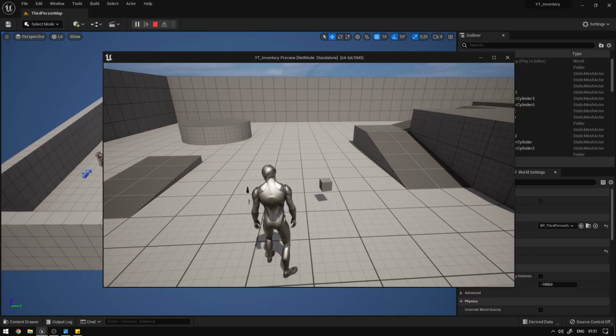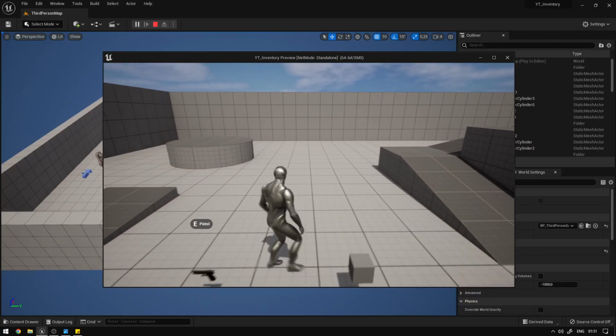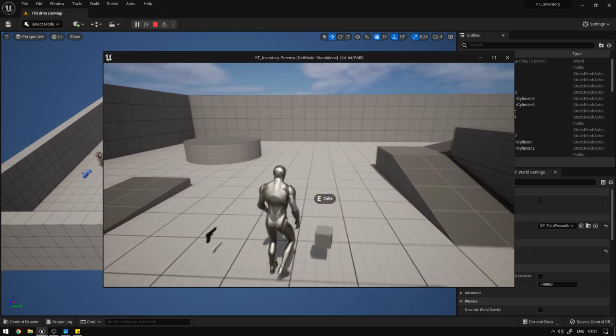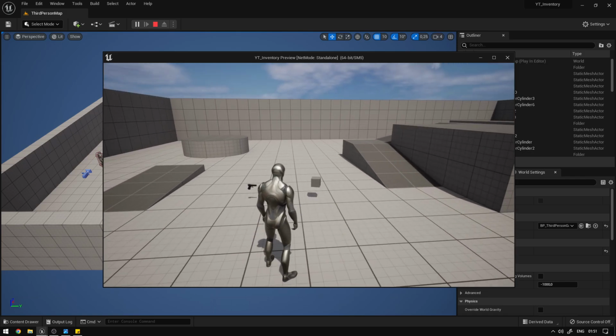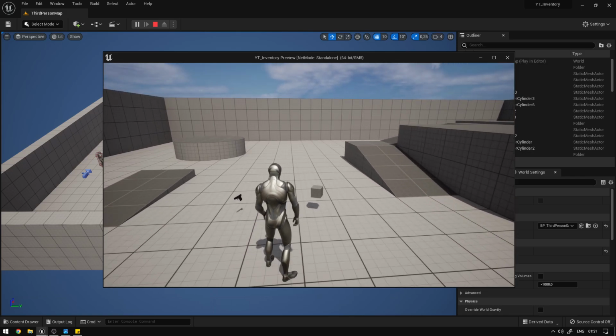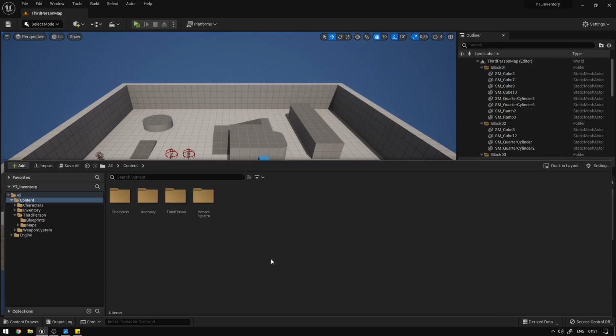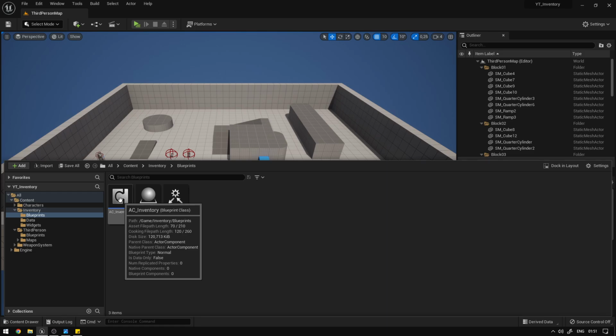What's up guys? So today we're going to continue our inventory system and I'm going to teach you how to attach the objects to the hand, okay? So let's begin. The first thing we need is to go to our inventory folder, blueprints, and open our inventory